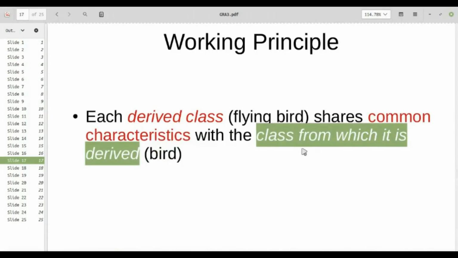So it is nothing but what we have in genetic inheritance. So we all have some genetic characteristics which we gain from our forefathers, right?